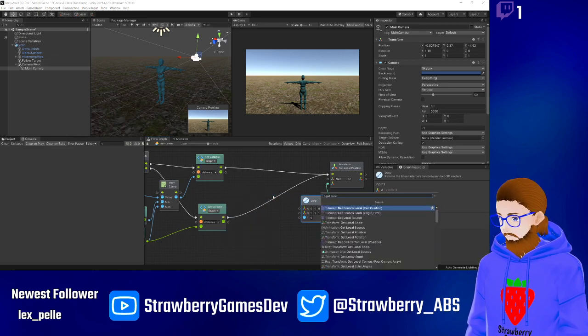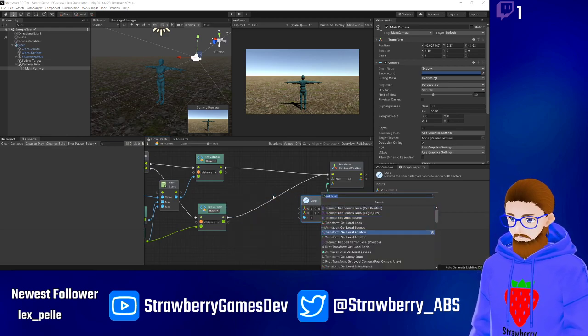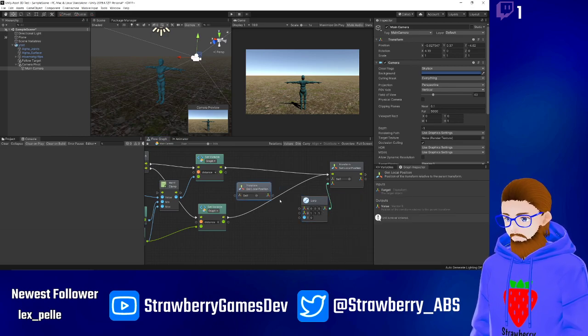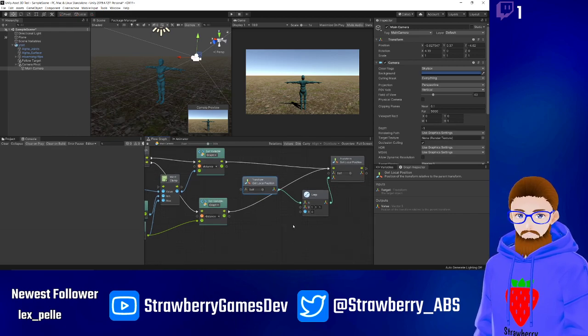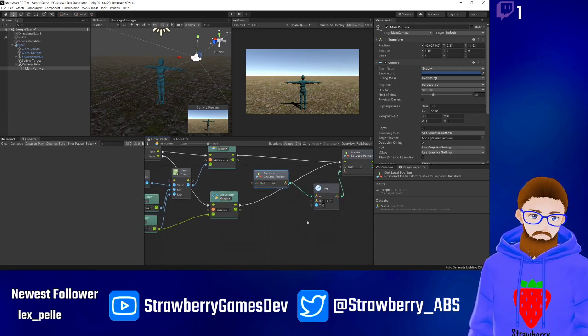Get local position, set that as the starting point, and then the finishing point is